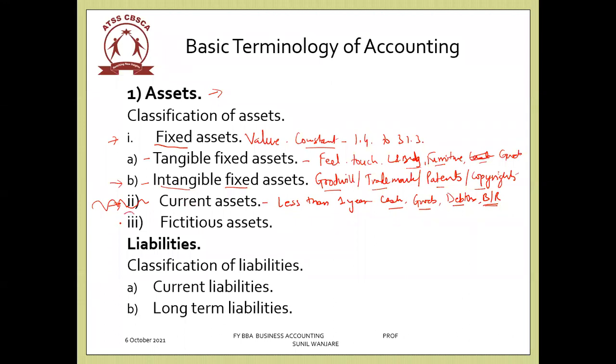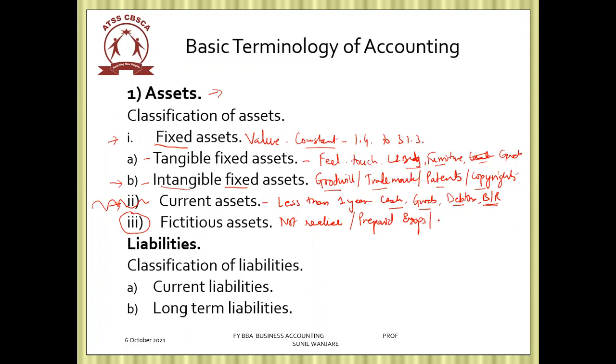Then the third type of asset is called fixed asset. It is just an asset in name. If you try to sell these assets, you will not realize cash. You are not going to realize any cash from the sale of such assets. For example, we have prepaid expenses. Prepaid expenses are an asset, but we are not able to realize money from them. It is a fixed asset, only in name that it is an asset.